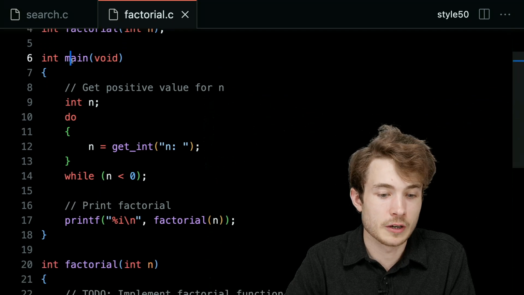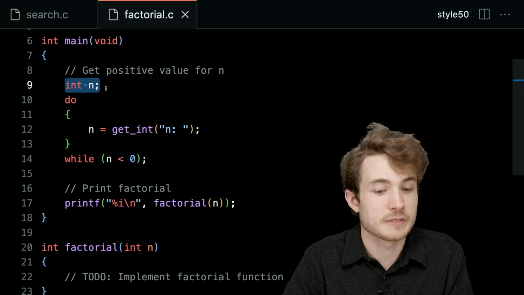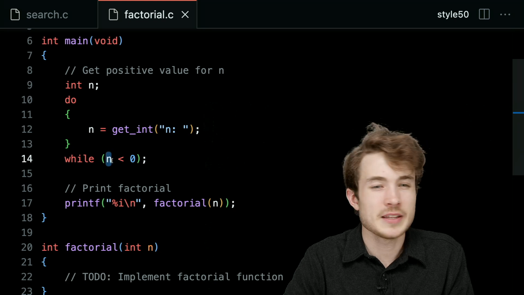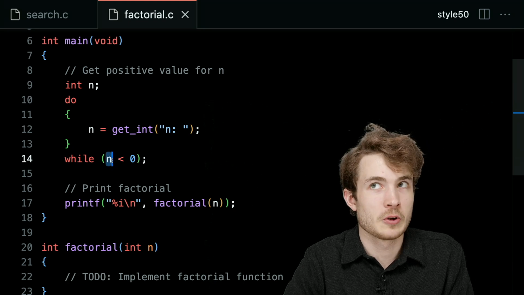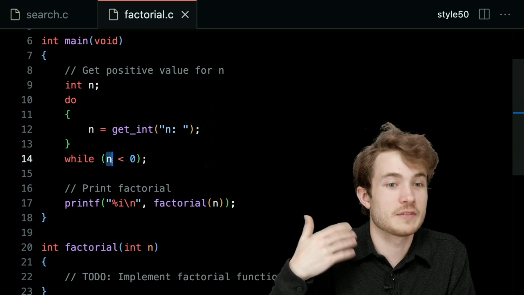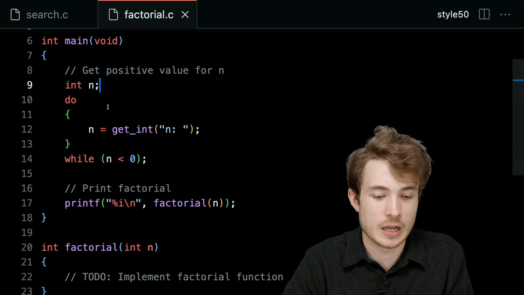So now in the main function, I have a few components here. The first is to get the input from the user. And it turns out that in factorial land, you can't take a factorial of a negative number. Or at least we don't really want to do that here. It gets kind of complicated. So we're only going to focus on positive numbers. We'll prompt the user again and again for a positive number.